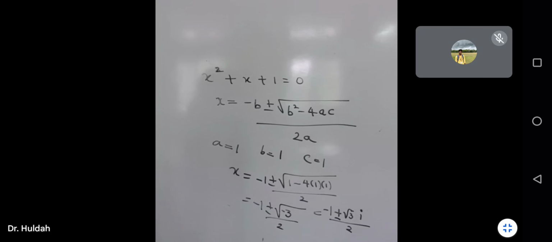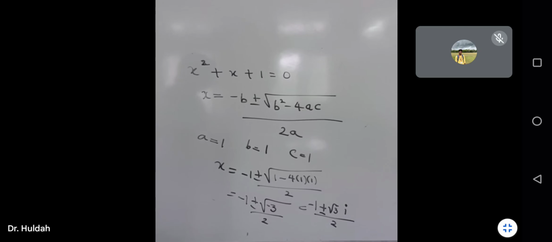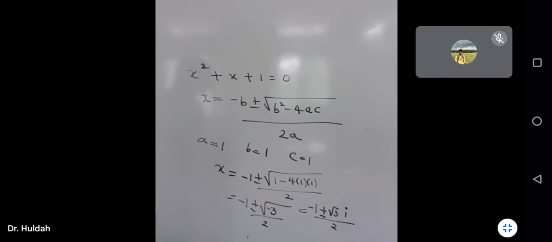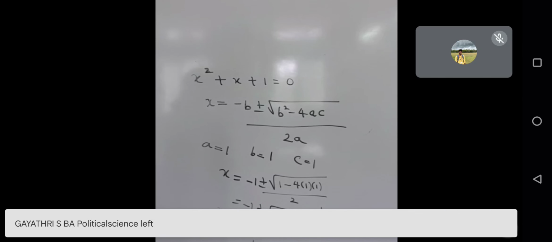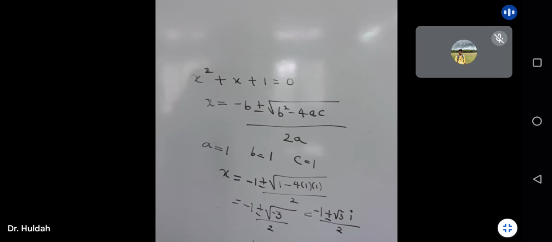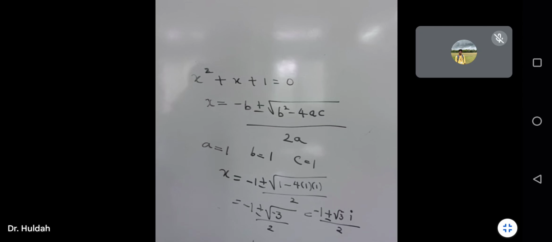Any doubts in this? மேம் வீடியோ study. என்னம்மா வீடியோ கிளியரா இல்லையா? ஆமா மேம். டவுன்ல எழுதிருக்கிறது தெரியல கீழே. இப்ப தெரியுதா? நோ மேம், கீழே எழுதிருக்கிறது தெரியல. இப்ப பாருங்கம்மா. ஓகே மேம், தெரியுது. Okay, sure.